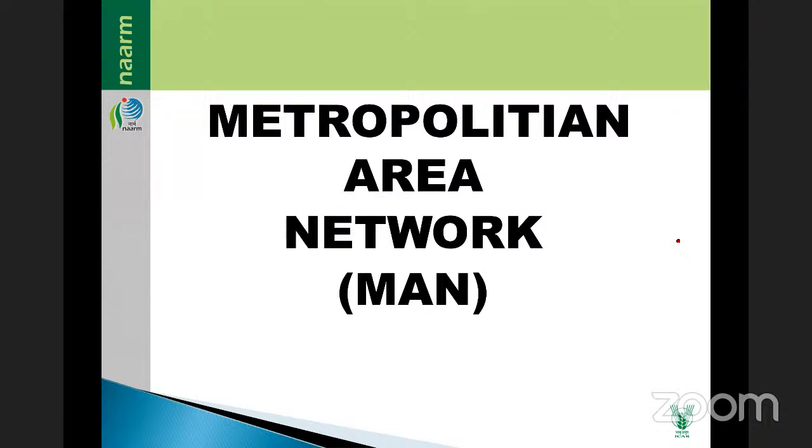Suppose we are putting Google. How is Google working? Everybody is having a server, no? Every institute, suppose NAARM, we are having one server. Like MPKV Rahuri, you are having a server. Like that, n number of organizations in the entire world are keeping servers. We are registered with some domain name.